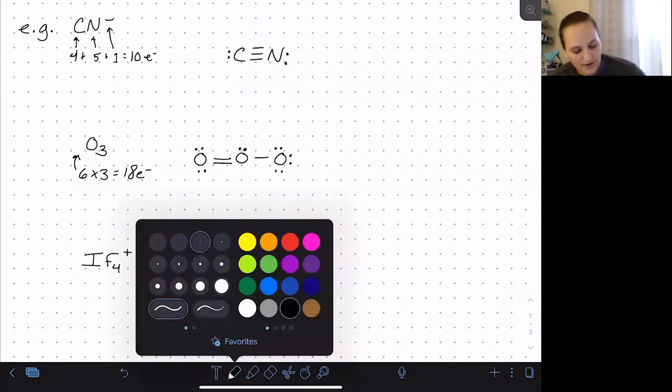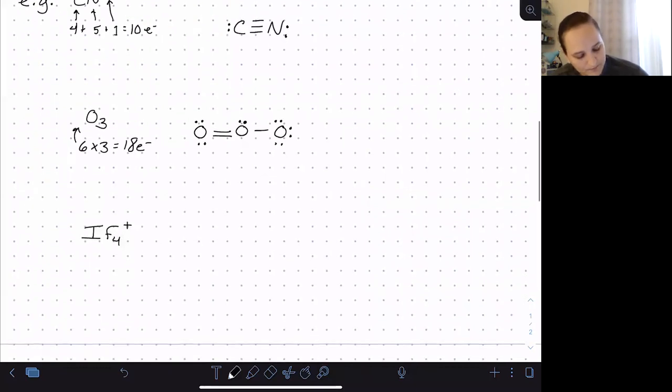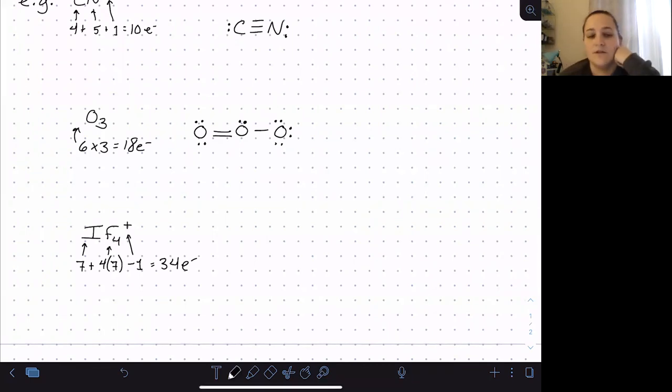And then the last one, IF4 plus. Iodine gives us 7 valence electrons. Each fluorine also brings 7, so we'll do 4 times 7. And then that positive charge means we lost an electron. So 4 times 7 is 28, plus 7 is 35, minus 1 is 34 electrons that we need to represent